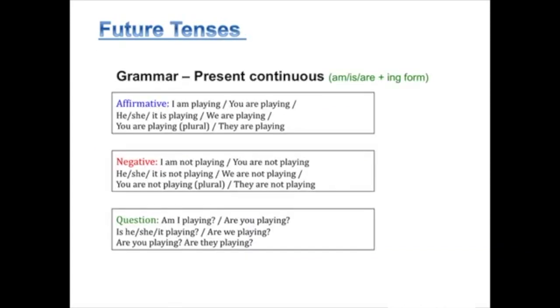Okay. Third tense is present continuous. This is very similar to going to in its auxiliary use. I am, you are, he, she, and it is. The negative, I am not, and the question forms, are you, is he, am I. Again, remember your contractions, I'm, you're, and I'm not.